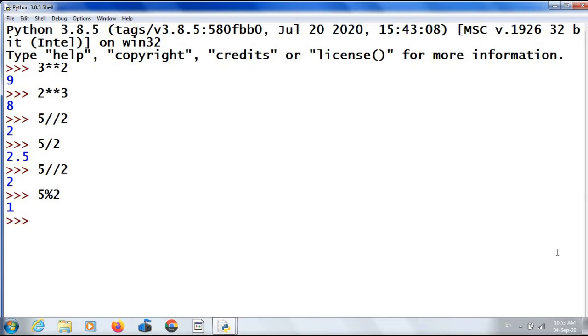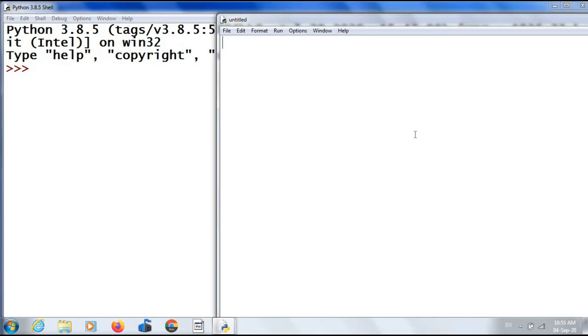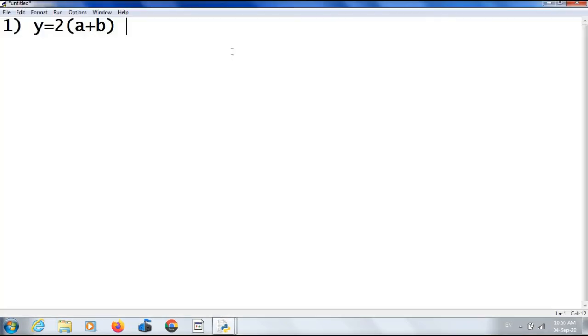Next we will see some expressions using these operators. We will see some Python expressions equivalent to mathematical expressions. First one, y equal to 2a plus b. The corresponding Python expression is y equal to 2 into a plus b, you have to specify the multiplication operation. Second one, a square plus 2ab plus b square.